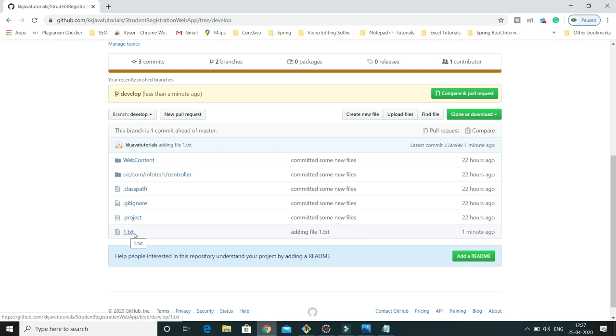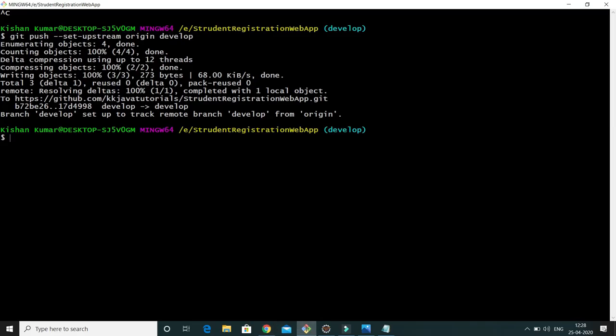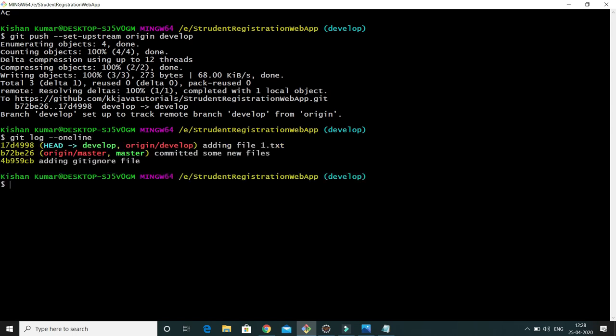remote repository. Let's say I would like to reset my latest commit. Once I reset the latest commit from the remote repository, this file should be deleted from the remote repository or develop branch. Then how can we do that? And that's what we have: another command, git revert. So before that I'll say git log and then oneline, and this is our latest commit, right?